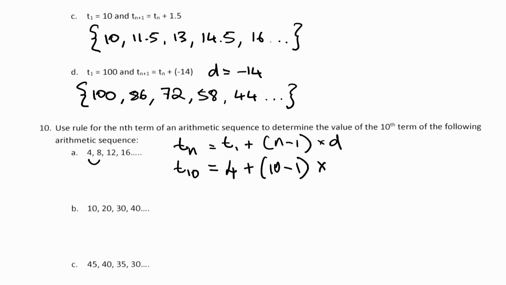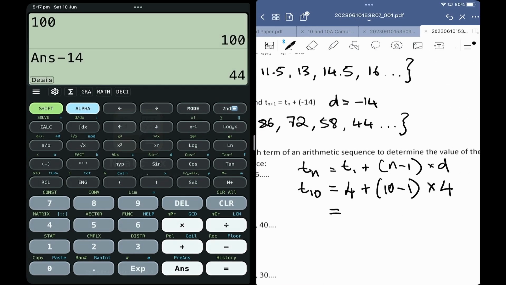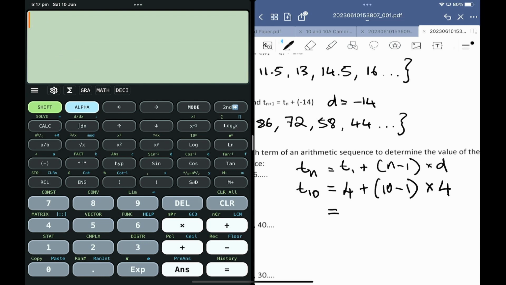We can say from 4 to 8, that's gone up by 4. From 8 to 12, that's gone up by 4. From 12 to 16, that's gone up by 4. So the difference is 4, and so we can substitute 4. Plug this into the calculator, and we get 4 plus 10 minus 1 times the difference of 4 tells us that the 10th term in